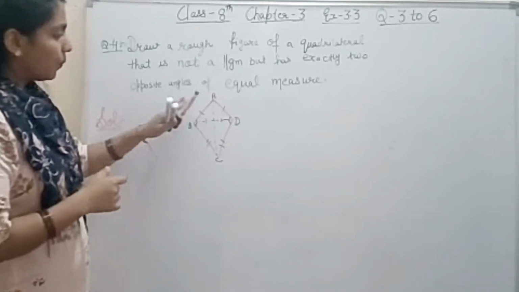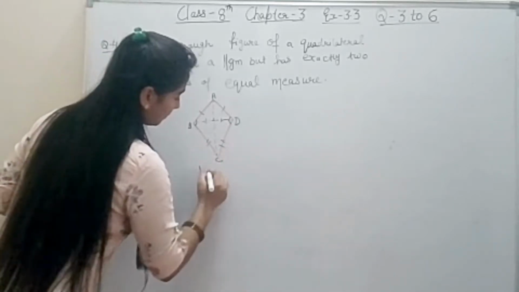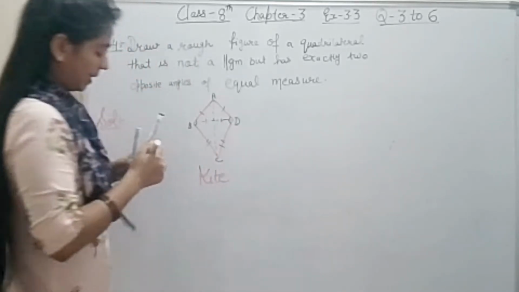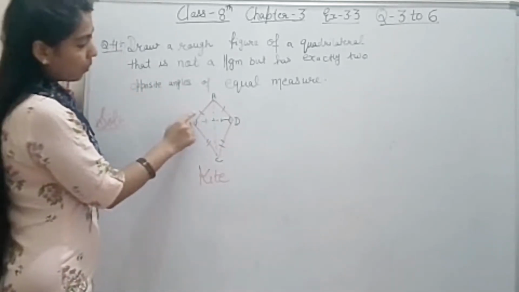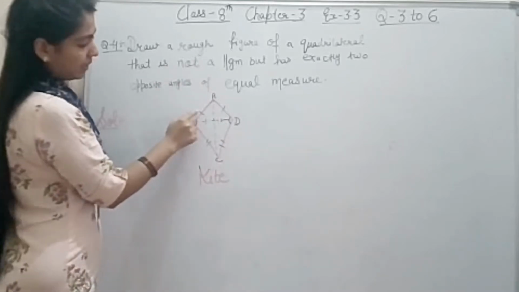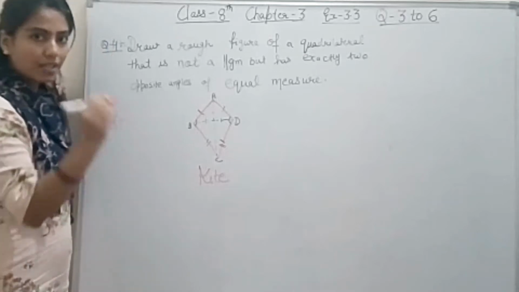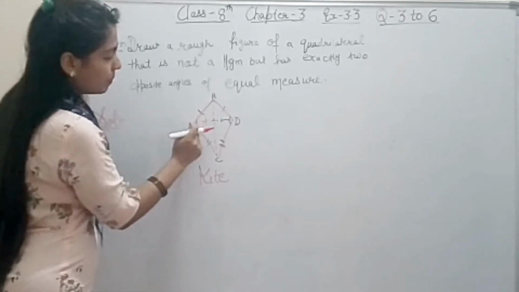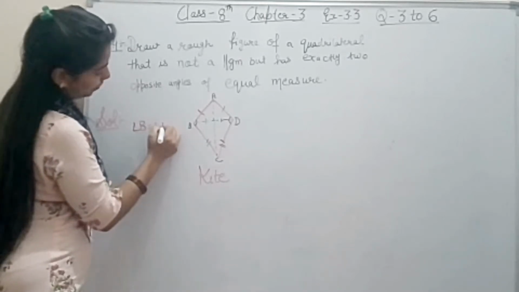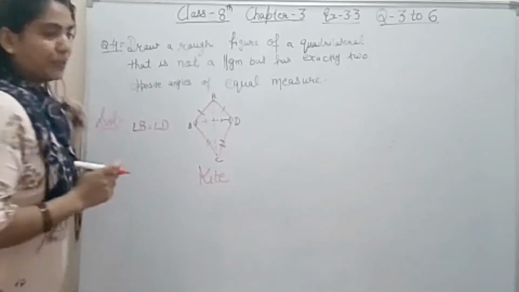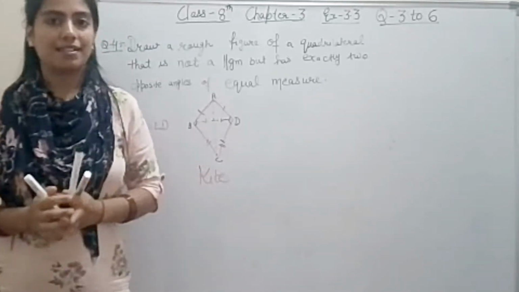Right, student? So what is that quadrilateral? That quadrilateral is a kite. और देखो, in a parallelogram opposite sides are equal, ये और ये होने चाहिए, but here they both are unequal. Okay, only one condition is satisfied, that opposite angles are the same, that is, angle B is equal to angle D. So that quadrilateral is a kite only. Got it, students? If you know the properties, you can easily get the answer.